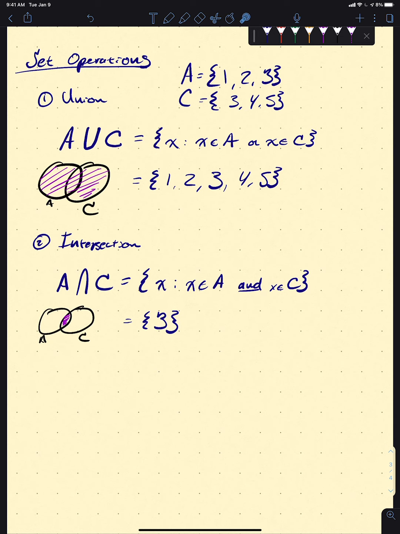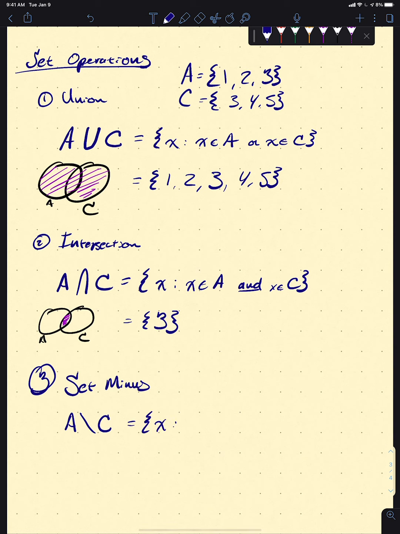The final one, we won't use this one nearly as much. We'll talk about unions and intersections a lot, especially towards the middle of the course. But it will come up from time to time, so it's worth talking about, and that is the set minus. It is slightly less intuitive, but I think you should be able to get it fairly easily. We use this slash. Some people do use a proper minus, but the slash like this is more correct. So A slash C is everything